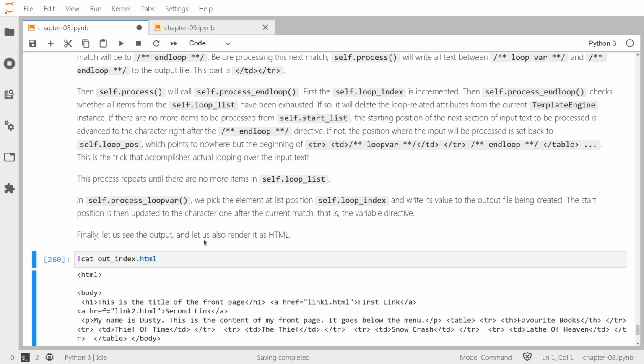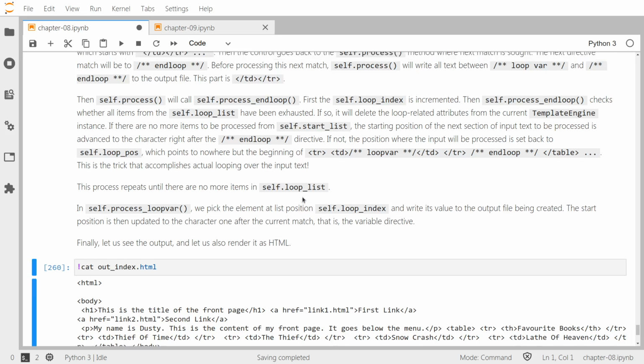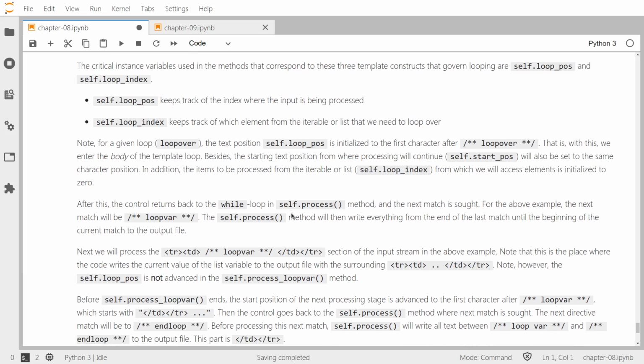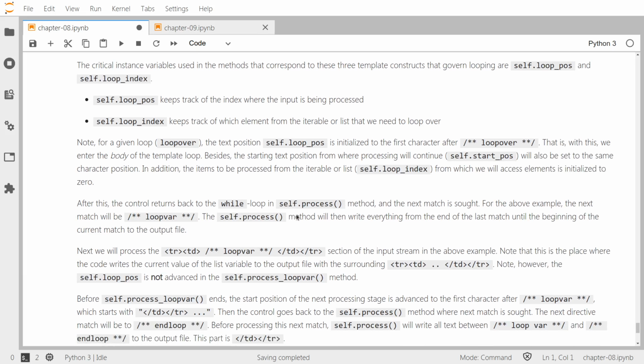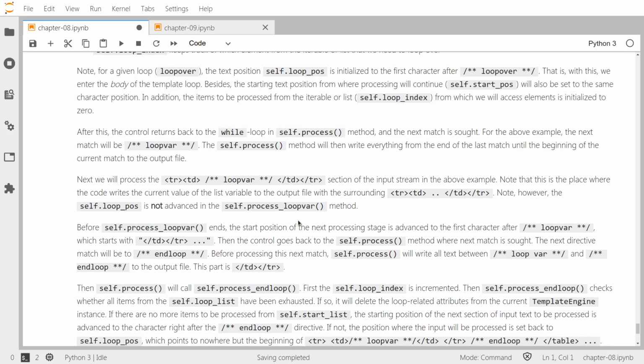Finally, let's see the output and let's also render it as HTML. So read this whole explanation, please. Go to it and then investigate the whole thing yourself so that you understand how this looping mechanism is executed. Essentially, just take the loop position back to the beginning of the loop variable, so you can just keep rewriting the loop body. And so you just have to take it back to the character right after loop variable, and then write the beginning of the table entry. When you catch the loop variable again, you put your